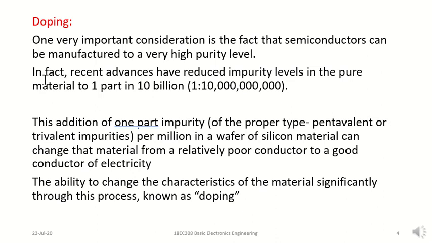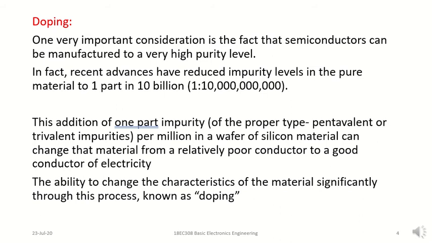Next we'll move into doping. One of the very important factors why we are using semiconductor is that we can manufacture it at a very high purity level. In simple terms, not even small dust particles will be there. It's a highly controlled environment in which they manufacture a semiconducting device. That is why semiconductor fabrication units are not in every city, and not every country has those industries.